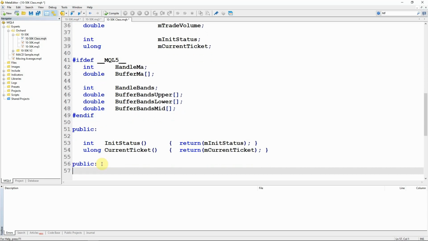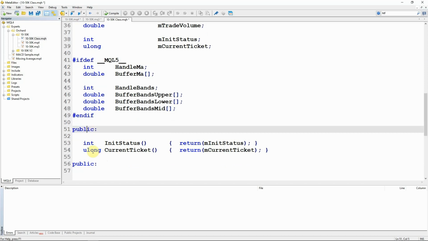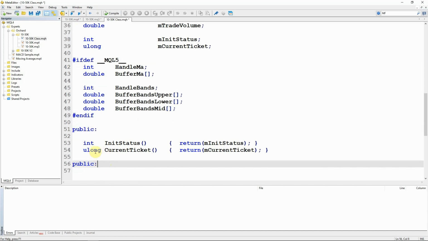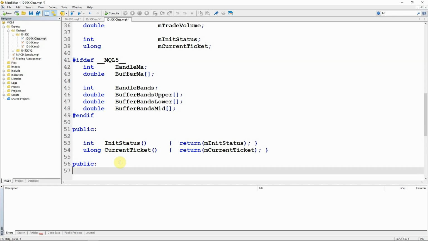So first I declare them as public. That's not really necessary because I already have public here, but it's just a habit that I have. When I begin new sections, I will declare public, and that way if I come along later and convert some of this to private perhaps, I already have the indicator there to say that these are going to be public.